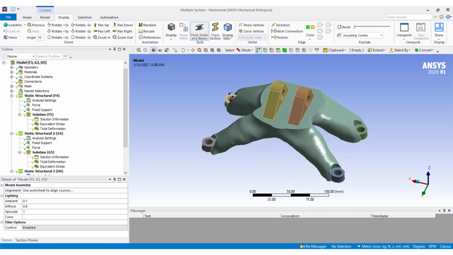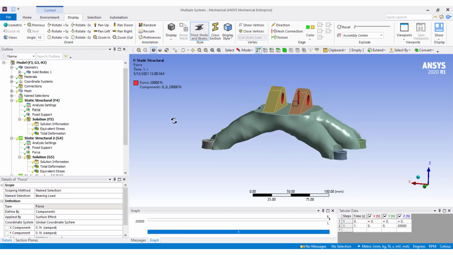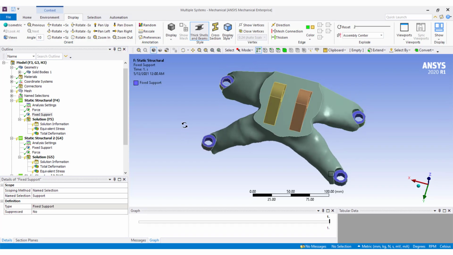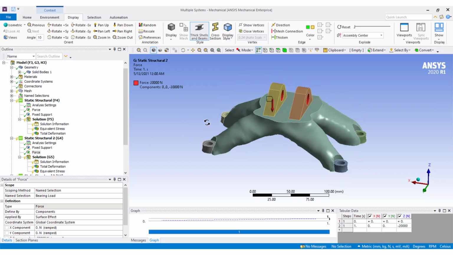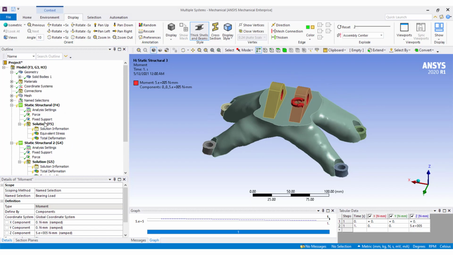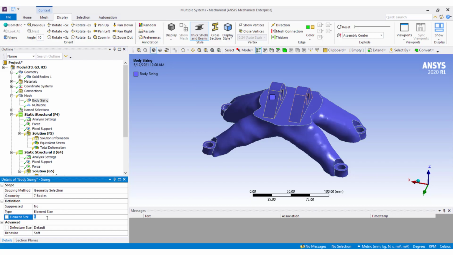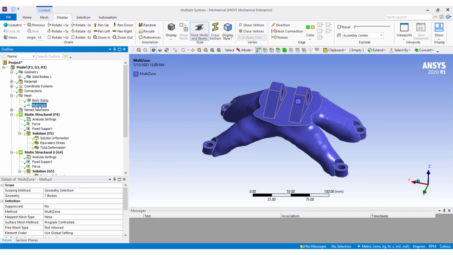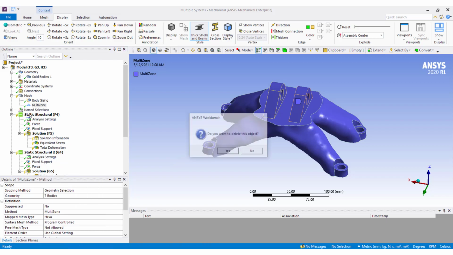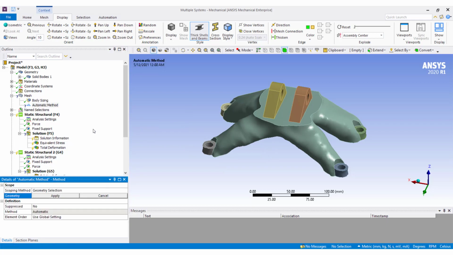Now you can notice the advantage of using this method. All the boundary conditions which I had in the previous analysis are present in this already, and the geometry is smoother than it was previously. One important recommendation here is to use the patch independent mesh method by turning off the refinement and using the standard mechanical element quality.